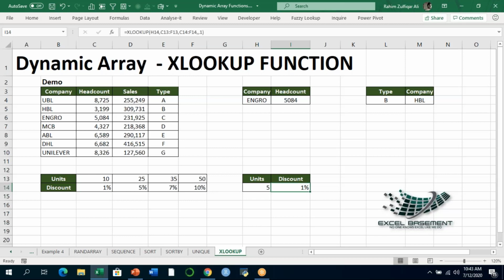Okay. The last function, before I proceed towards the question and answer session in the chat window, I would like to give you an idea about XMATCH. So if you have previously used INDEX and MATCH in Microsoft Excel, and particularly if you have used the MATCH function, it gives you a return value as a number, and it finds the position of that particular criteria, presented in a certain row or column.